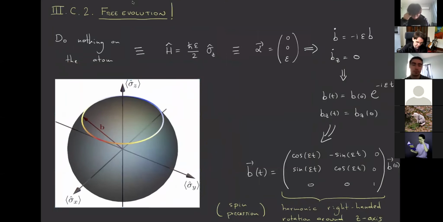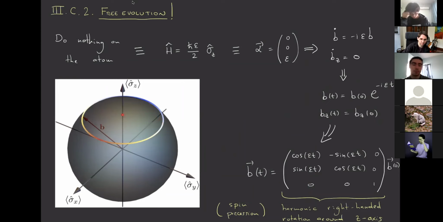So I hope you can see it well. This is Bloch space. We have the sigma z-axis, sigma x-axis, and sigma y-axis expectation values. Now, imagine that you start from some B. It doesn't matter which B. You start from some B that has some radius, and then it defines a sphere. Then the evolution will just happen by a rotation in this way, right-handed,